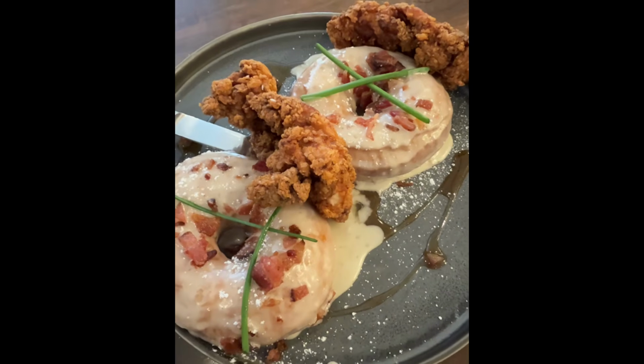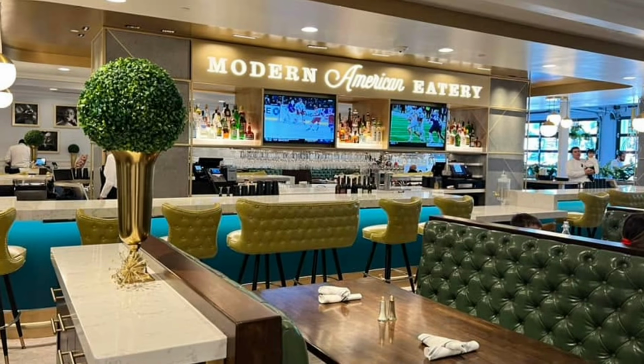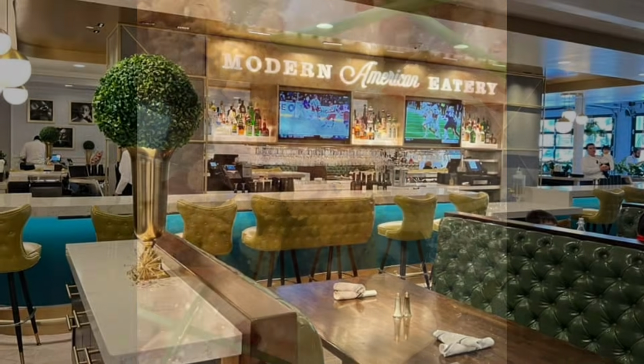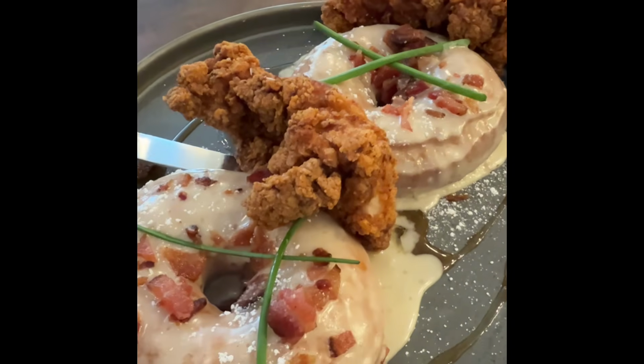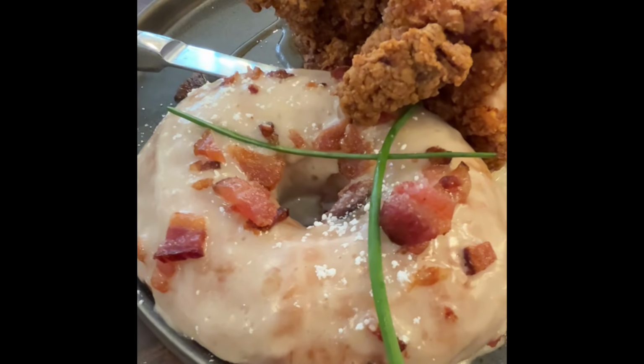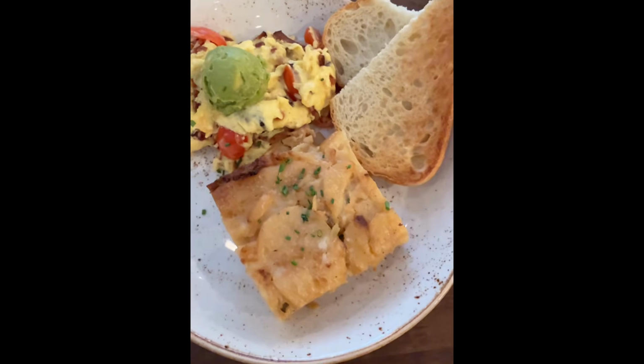Now food. Pixar Place is home to Great Maple Modern American Eatery, and I have to say this place surprised me. Think upscale comfort food. We had brunch and it was a ton of food. The fried chicken and donuts were enough for the both of us, and this modern American breakfast could have fed